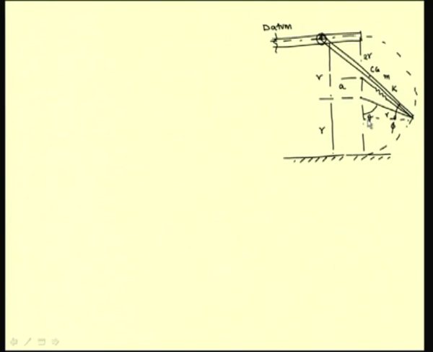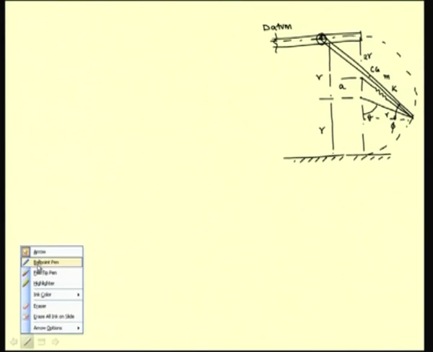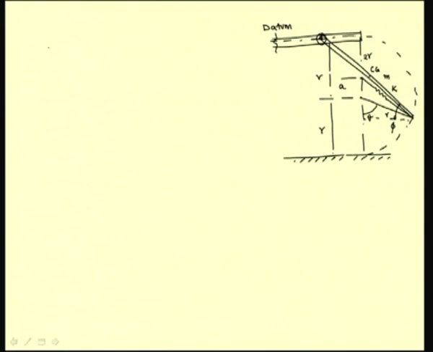So, for any given position theta, if this angle is phi, the angle between the garage door and the horizontal, then the location of the CG with respect to this datum point is half times 2r times sin phi, that is the vertical projection of this door on the vertical direction. So, let us write that equation. We have 2r sin phi, which is equal to r plus r cos theta,